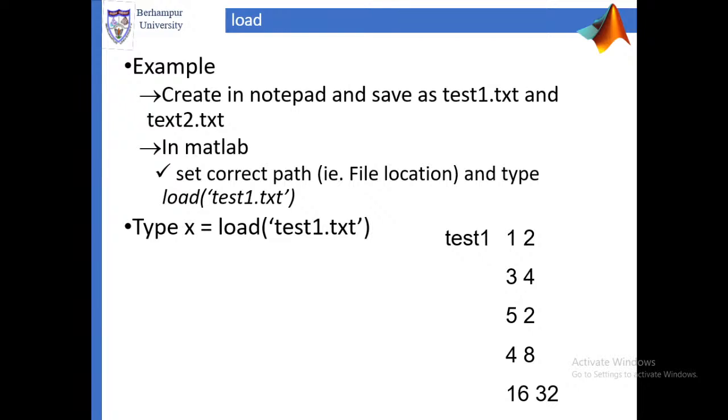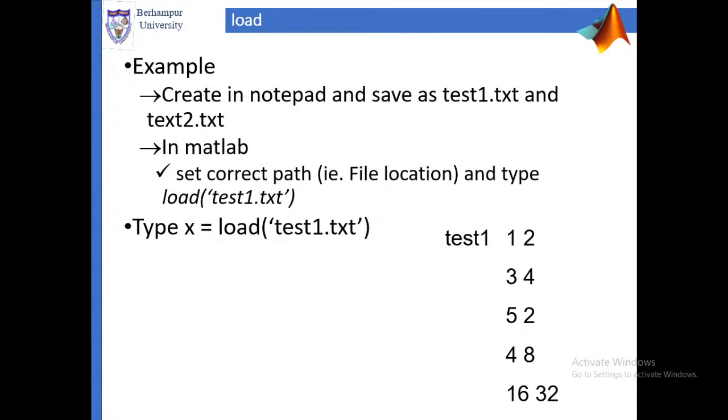Now in MATLAB you have to set the correct path, which means the location where the file that we have just created using Notepad or Word is stored. So set the correct path of the file and type load test1.txt or load test2.txt. When I write load test1.txt, by default we are in the location where the file test1.txt is. If you are not in that location, then we have to give the full path name